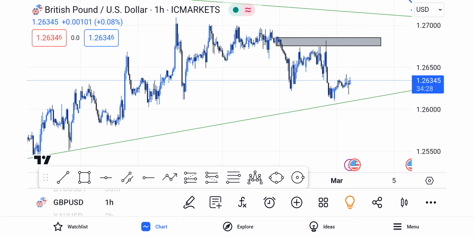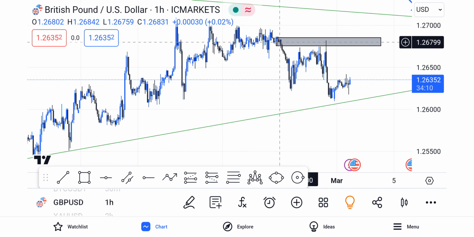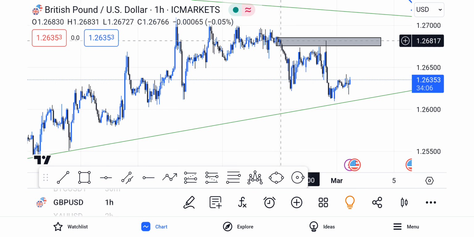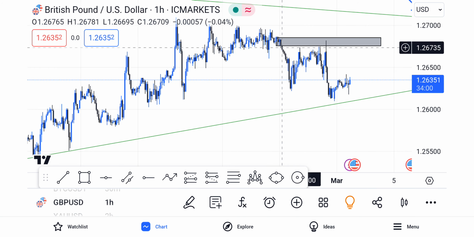Because if you do not know what caused the market to move in that direction, then it is difficult to replicate it when you see it happen again. So there we are. We have an area. We have the last buy candle before the sell move, and what do you see that is particular about this order block? We have a break of structure to the downside. We have huge